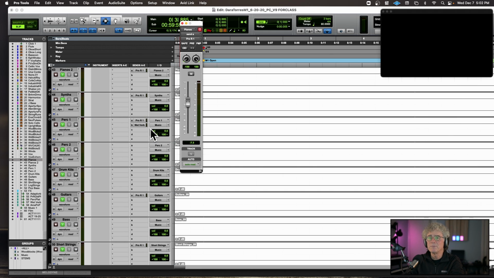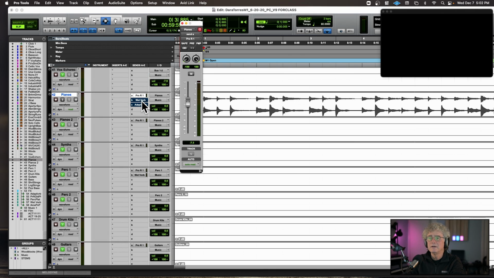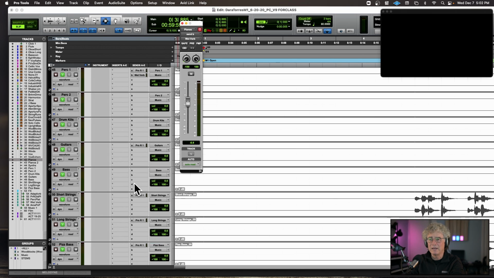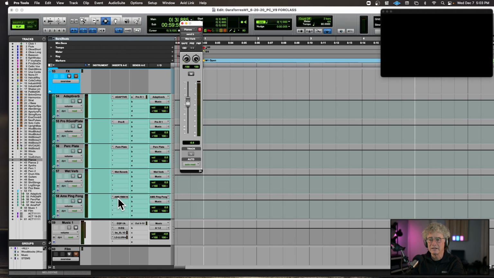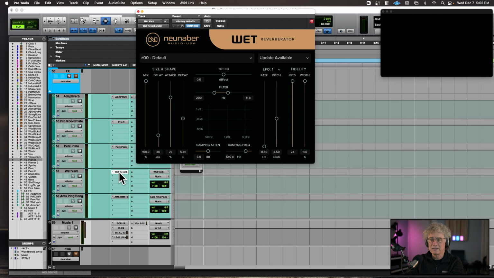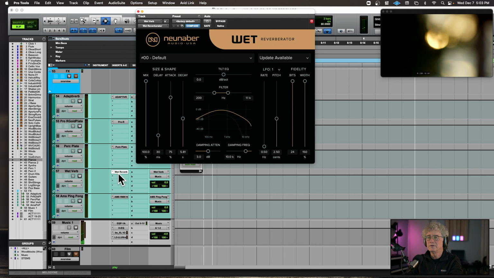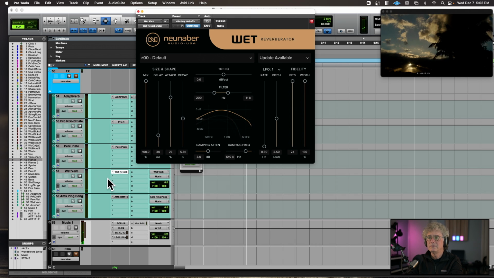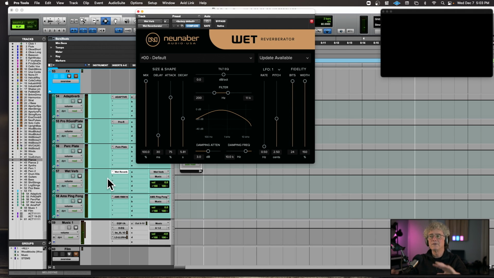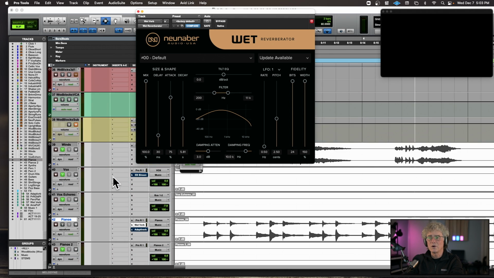Then the second reverb that I added was something from this company called New Neighbor, called Wet Reverb, and it does really cool harmonic stuff. I actually got this when it first came out on sale for like $35, and I have the guitar pedal that uses these algorithms, which is why I went for it. You can hear it's not on a lot, but it adds a longer shimmer to the sound.